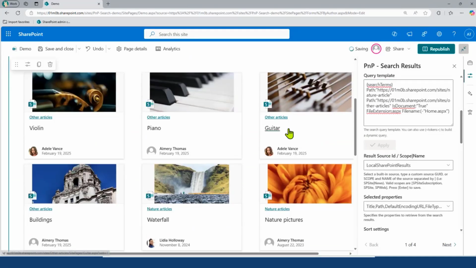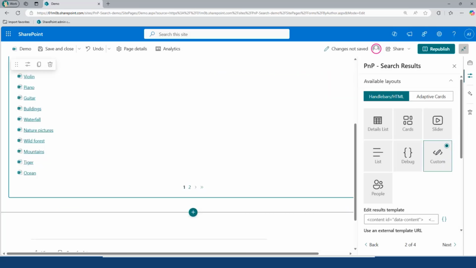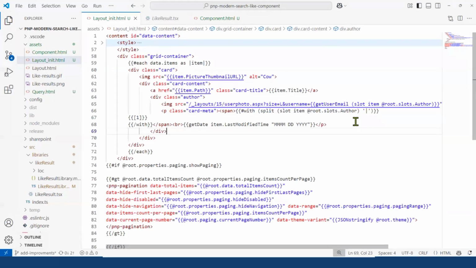Here I have my pages displayed using the built-in layout, which is great. But the thing with built-in layouts is that you cannot highly customize them. So I will use a simple custom layout so that I will be able to add my custom web component to it. Let me select custom here and use this layout that I've built.